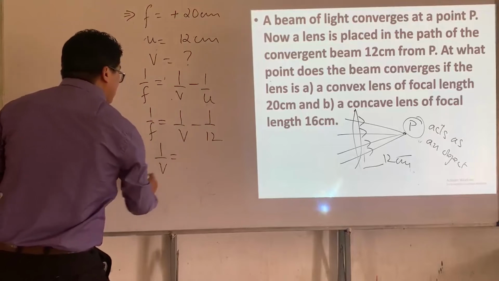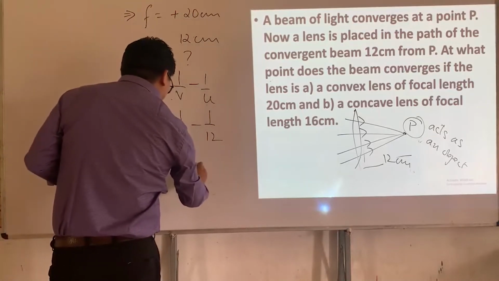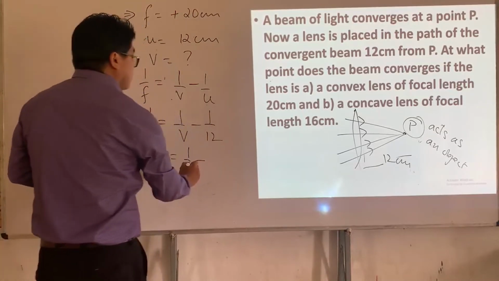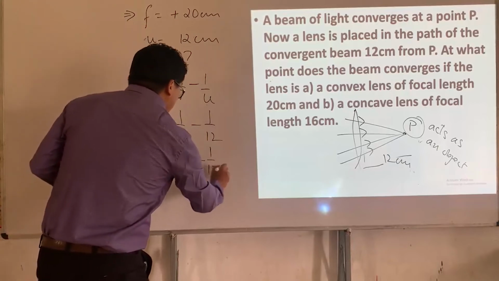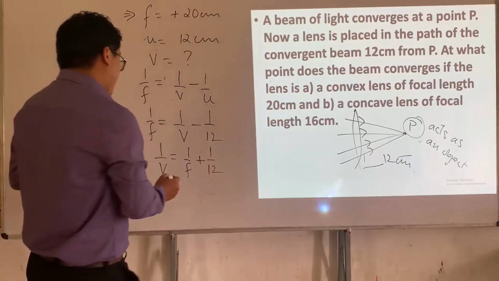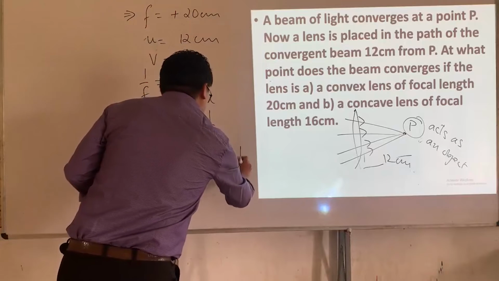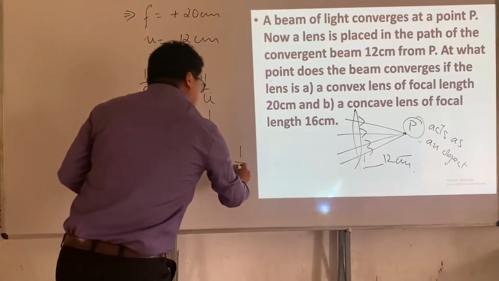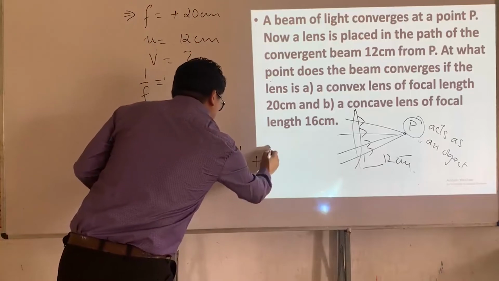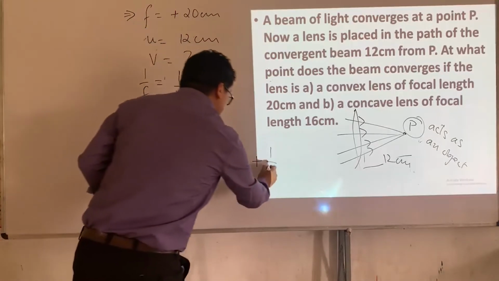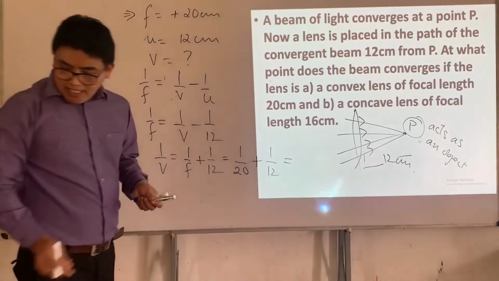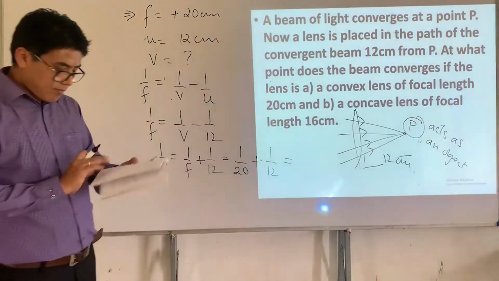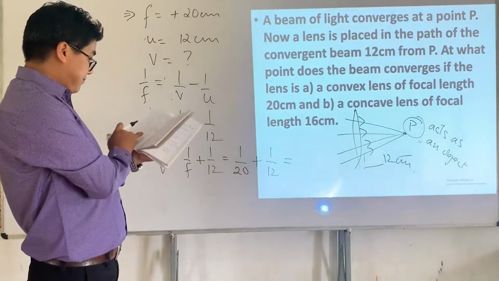V is equal to 1 by F plus 1 by 12. F, the focal length, is 20. What is that? It is 12. You find the LCM, alright? Finally, the answer would be